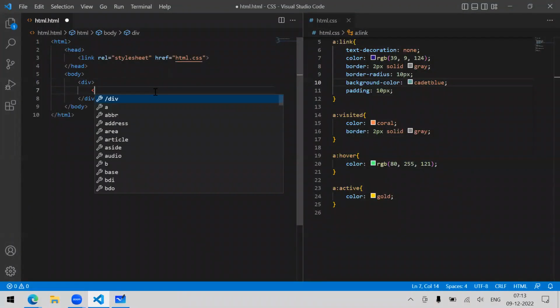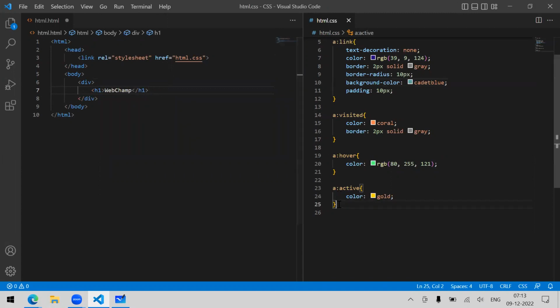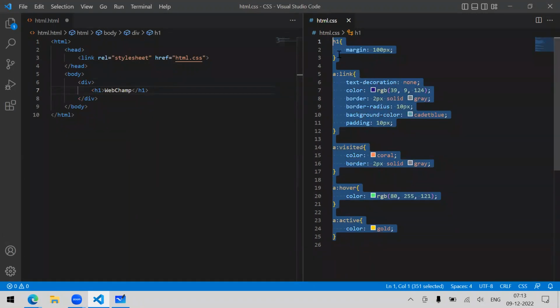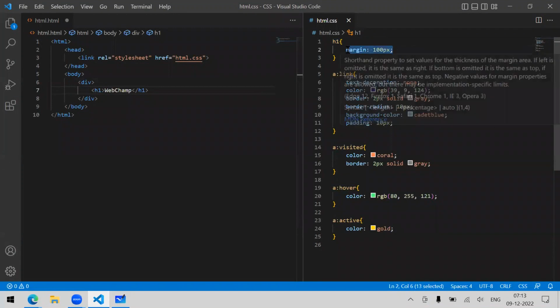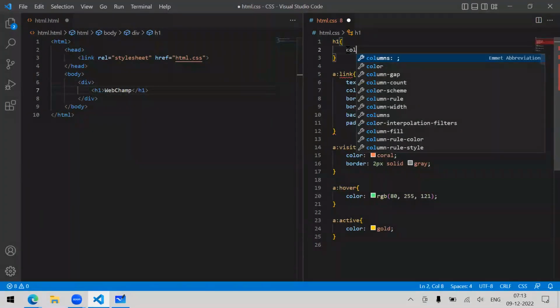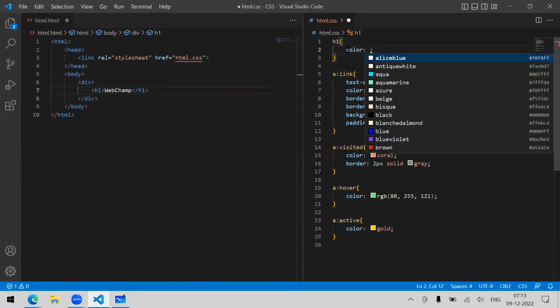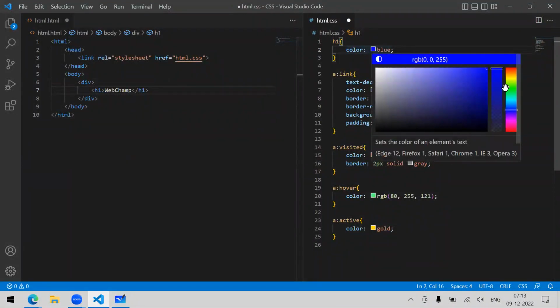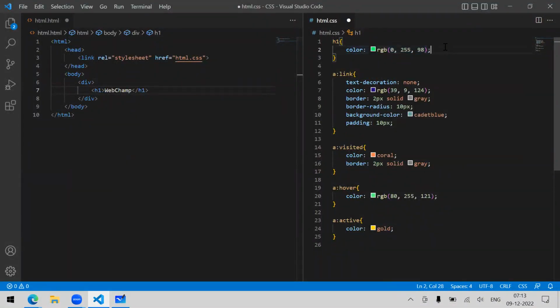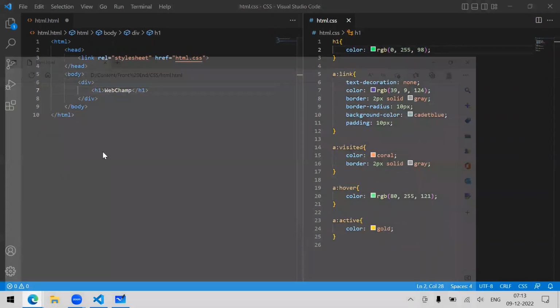I have a webcam. I will write here webcam. Now I want to add a style to this h1. Normally I will say h1 color, and I can pick any color. I will pick blue, maybe other, I will say green. And if I refresh this,